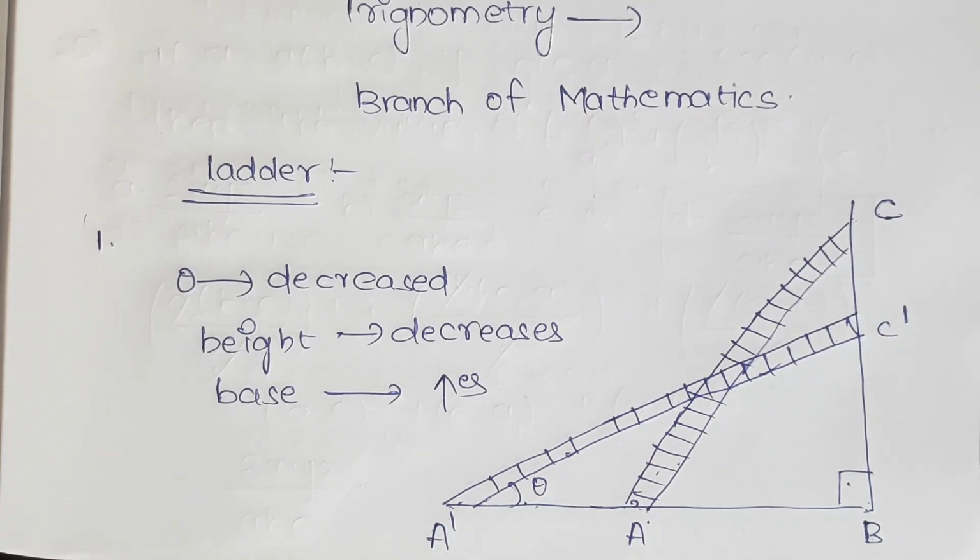Do you agree with this statement? Yes. Here we have seen a right angle triangle, that is ABC, and have given A, B, C as ordinary names. And now let us name the sides again, because trigonometric ratios of angles are based on sides only. So now let us give some of the names to the sides of the triangle.